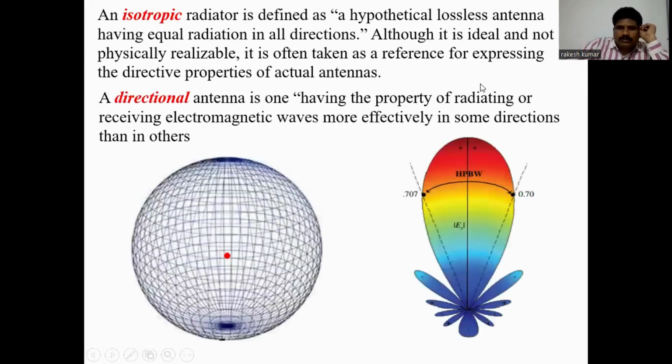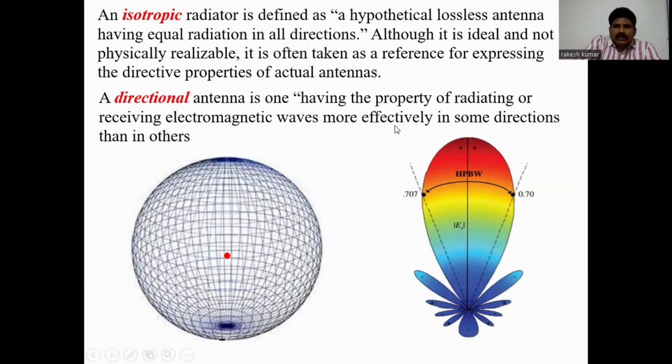Today we will discuss the average power radiated by an isotropic antenna. In the previous class we already discussed what is meant by an isotropic antenna and a directional antenna. An isotropic antenna is not physically available; it is just a hypothetical lossless antenna, taken as a reference for expressing all the properties of an antenna, which radiates equally in all directions. But all our practical antennas are directional antennas, which radiate only in particular directions. Now we will derive the expression for the average power radiated by an